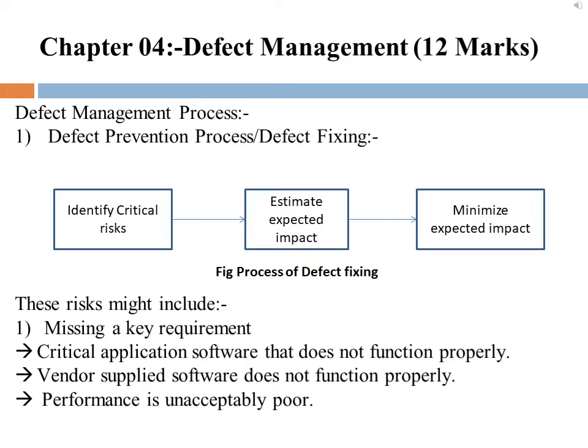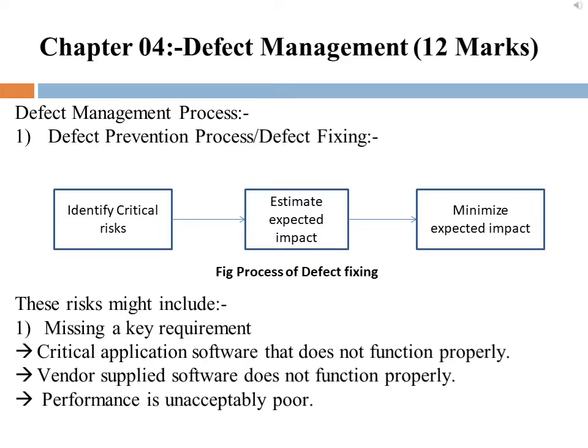The second is critical application software that does not function properly. Critical parts of a system can be user interfaces, that is called UIs, interfaces with other systems, processing of data and generation of outputs. If there are errors in critical parts of the system affecting the business, they may be reflected in user dissatisfaction or even lead to rejection of a product or system.